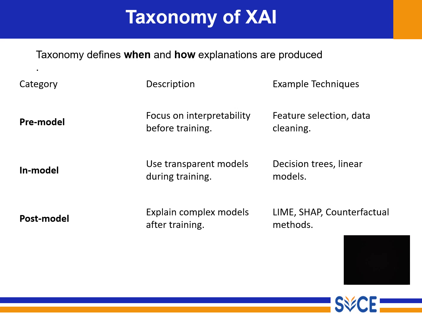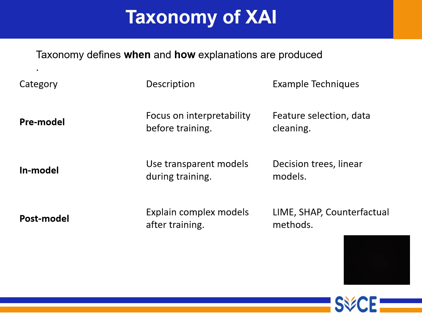The second one is in-model explainability, which means during the training. So here explainability is built into the model itself. We choose AI models that are naturally easy to interpret. So three example techniques are used here. First one is decision tree, second one is linear regression, third one is rule-based model. In a simple example, this is like choosing a transparent cooking method. You cook in a glass pot so you can see what's happening inside.